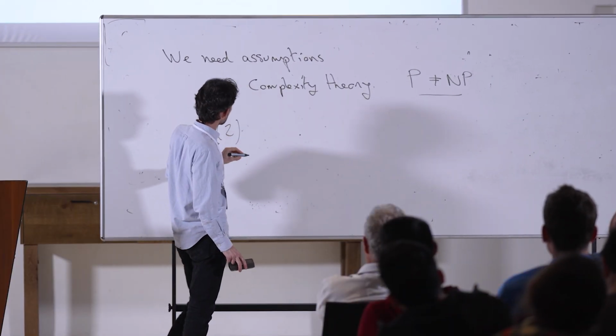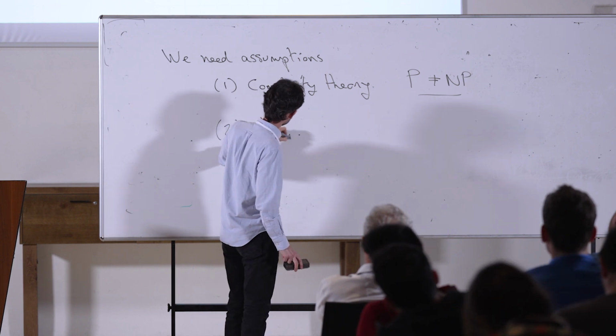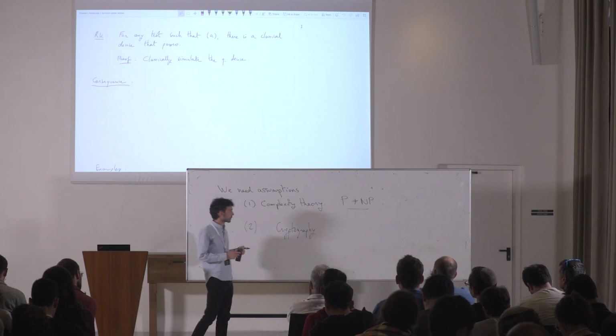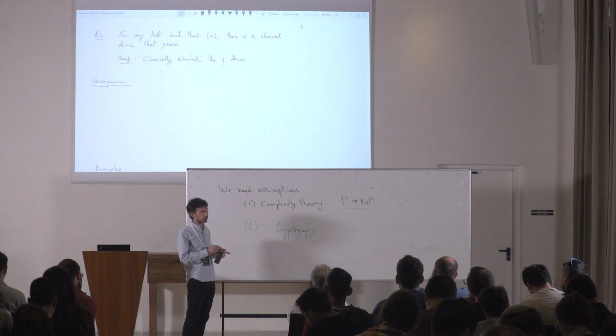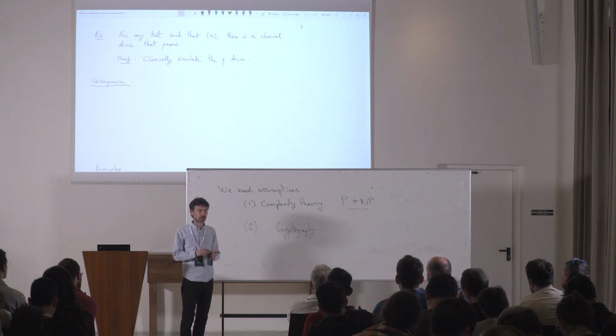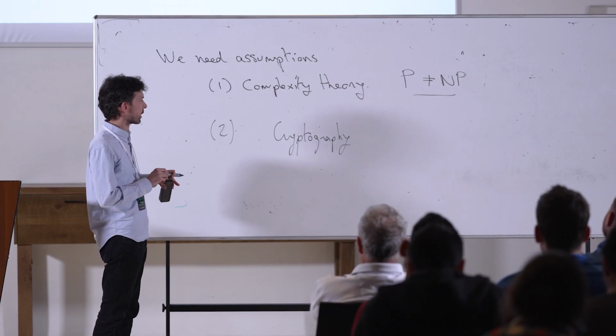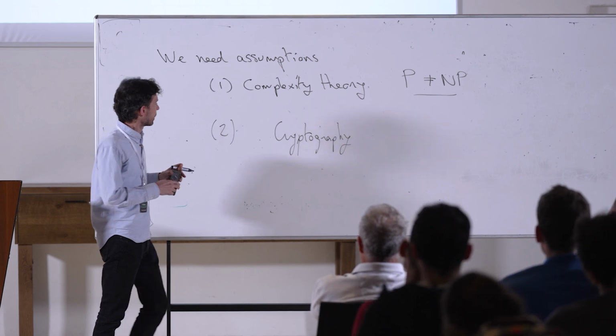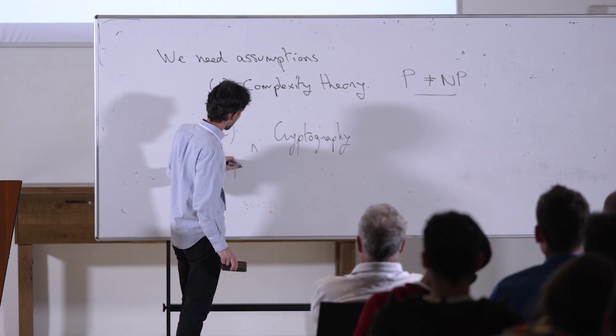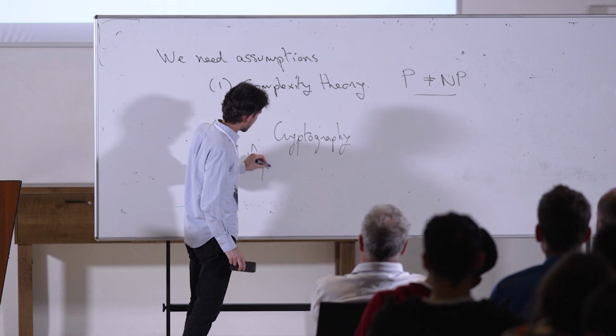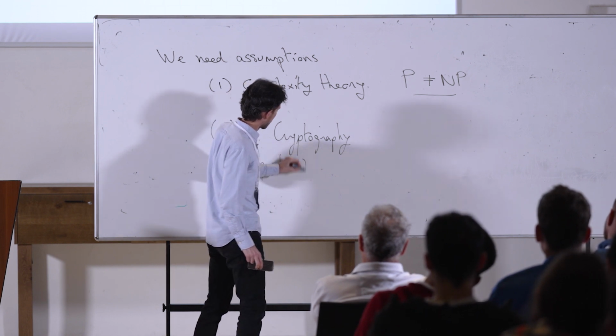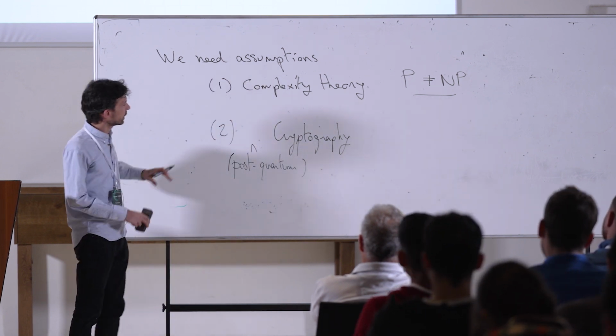And another kind of assumption would be from cryptography. Cryptography uses computational problems in order to base the security of communication systems. So these are things that are very extensively studied. Maybe we want to use post-quantum cryptography. So this is cryptography that's resistant to quantum attacks. Generally, these types of